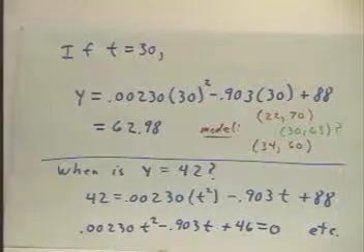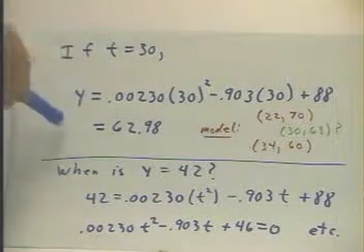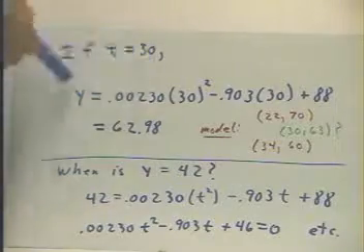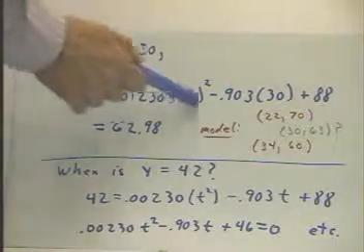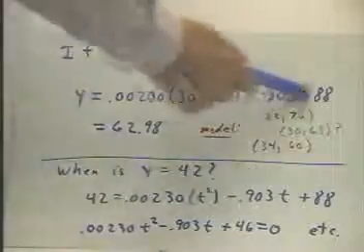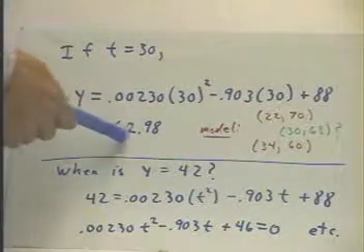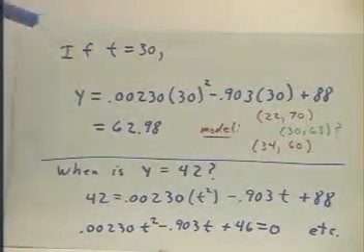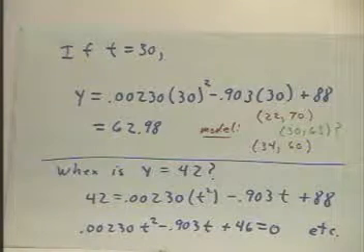Looking at the question, it asks what the depth is when t equals 30. We substitute 30 for t. We obtain this equation, which gives us y equals 62.98. The model gave us,